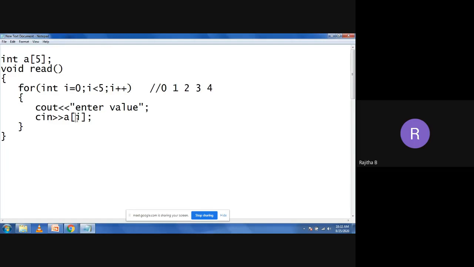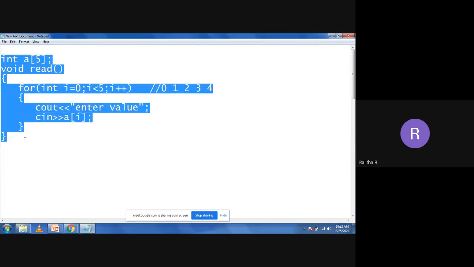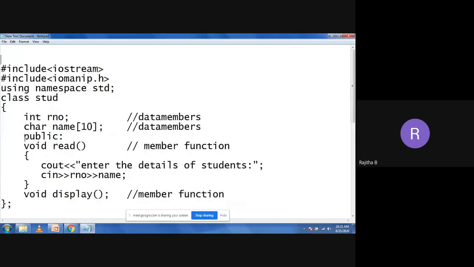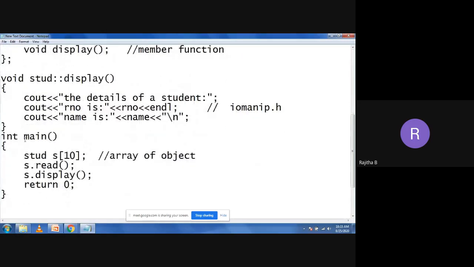Now, come to the same in array of objects. How to do the array of objects? It is not a simple variable here. It is an array. Now in that case, how to read the values? So this is the case. I want to use the for loop here. For, and I'm taking the declaration of I equal to 0.